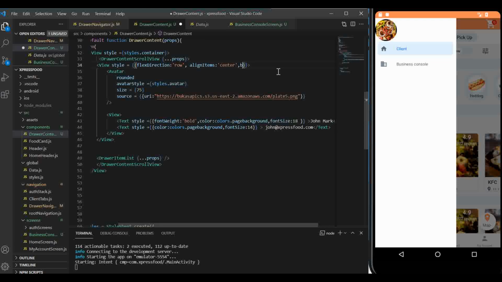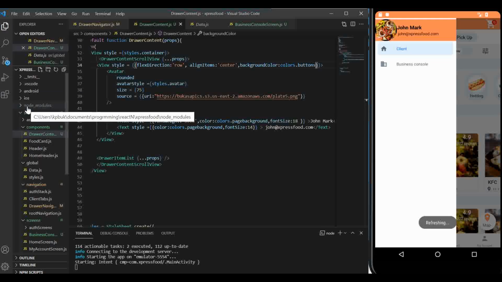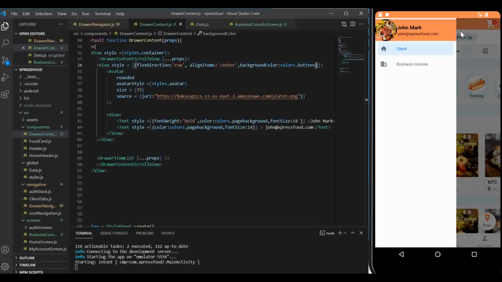Say background color. This will be equal to colors dot buttons. Now let's save this and see what happens. Alright, it's beginning to look like what we want,